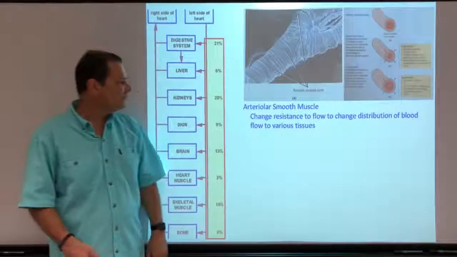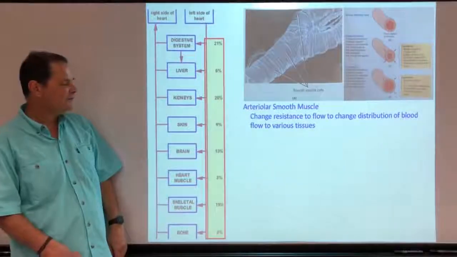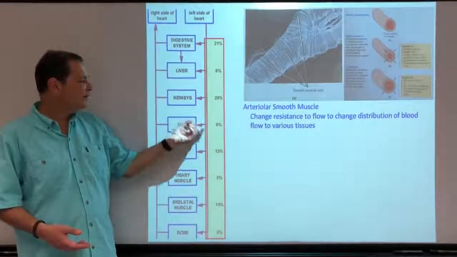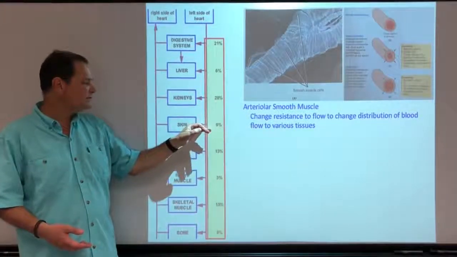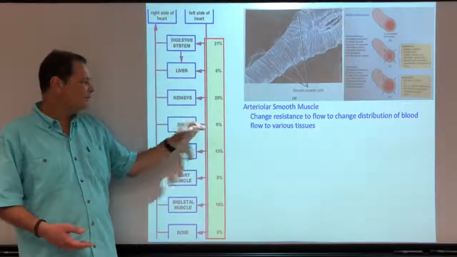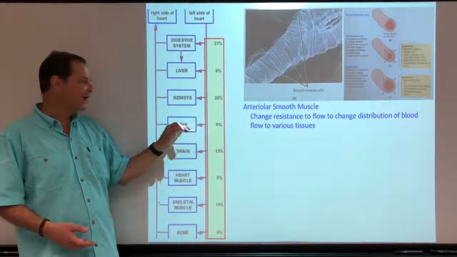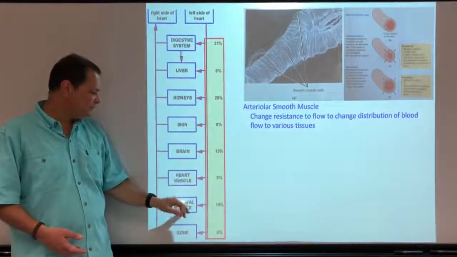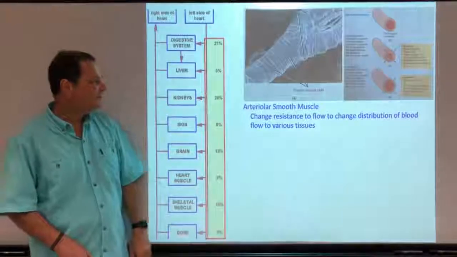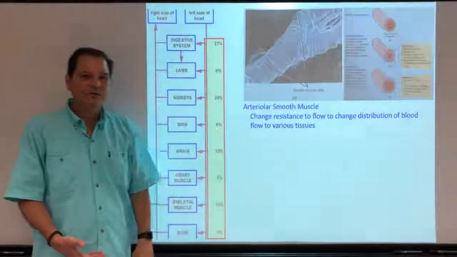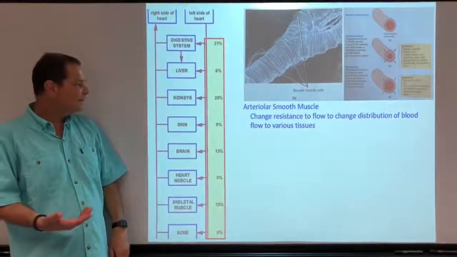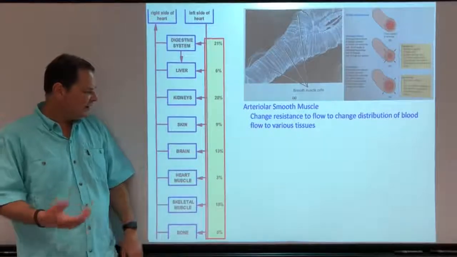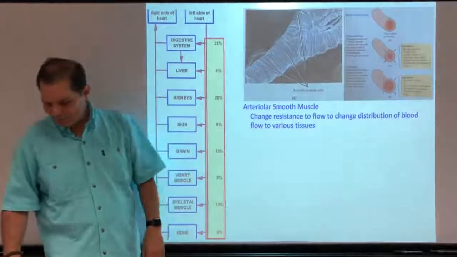basically, the purpose of arteriolar smooth muscle is to change the resistance to flow locally. So the arterioles are sort of gatekeepers. They're stopcocks that allow blood to access different capillary beds in your tissues here. Okay, and depending upon how contracted those arterioles are, you will have a distribution of blood that will vary to these various different tissues. The more contracted the